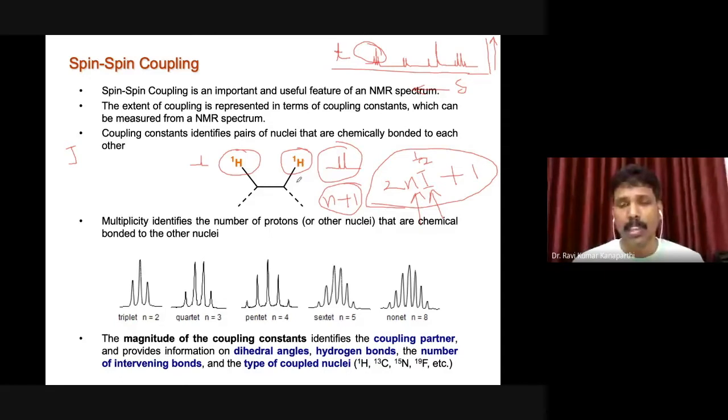Suppose there are three, for example, this particular group is a methyl. In such a situation, this proton has three neighboring protons, and you replace n with 3, and then it will be a quartet. Right. So essentially, the information we get is this: by looking at the fine structure, we can determine what kind of neighbors and how many neighbors are there. Okay, how many neighbors are there, that information we get.